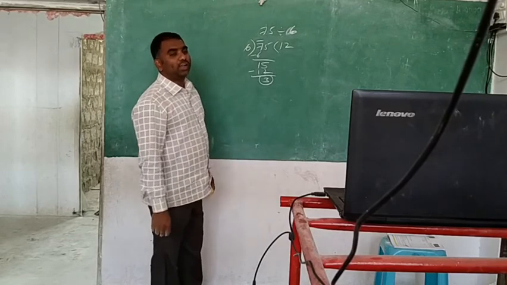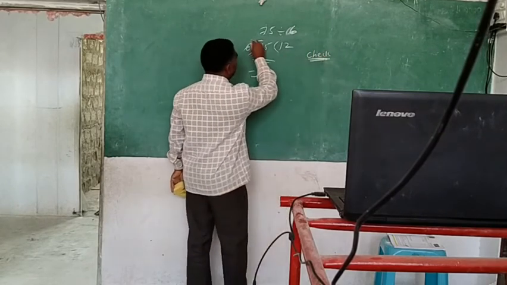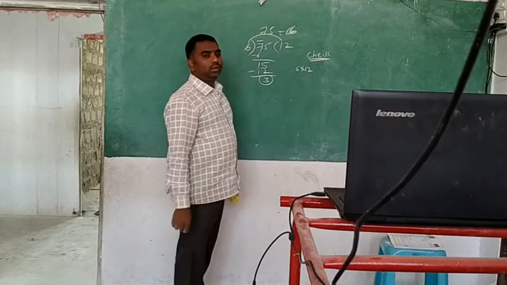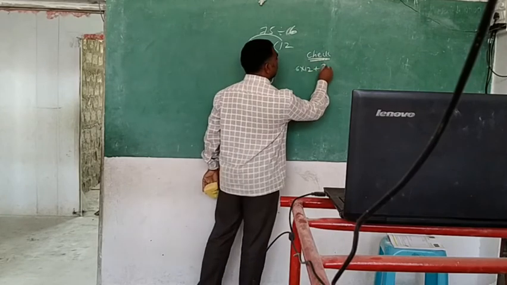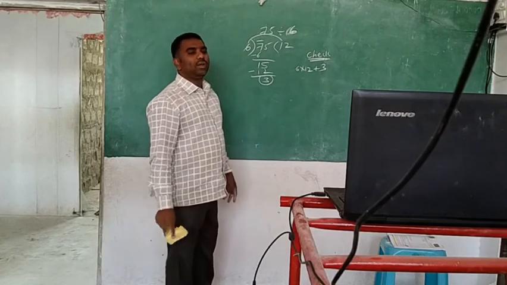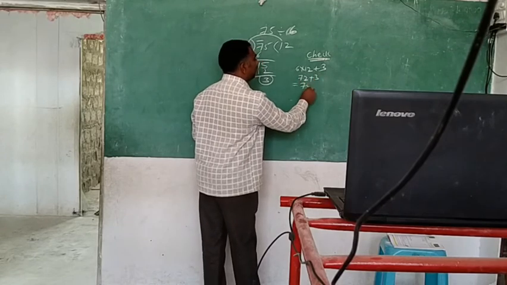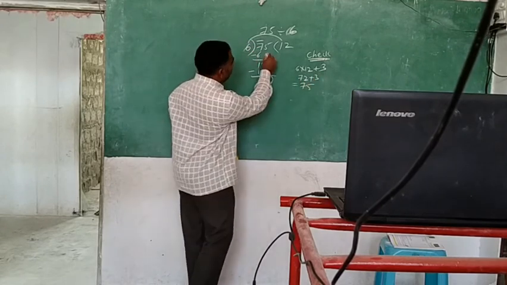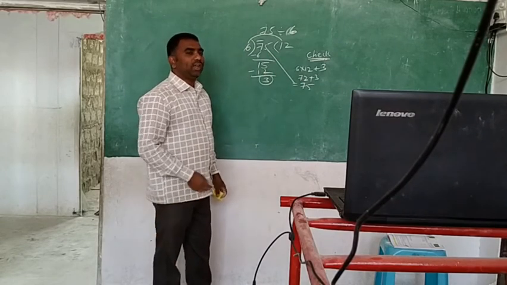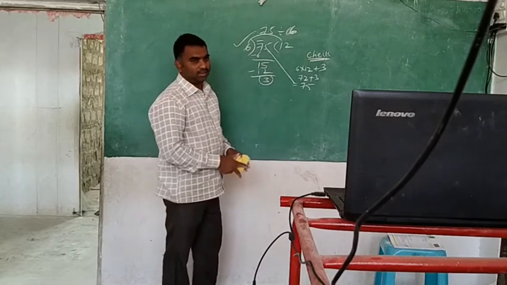I said to you, how do you check whether this is correct or not? You should multiply these both. 6 into 12, and you should add the remainder. 6 twelves are 72. And this 3 we added. Means what are you getting? 75. See, 75, same thing, no? Means that's why our division is correct. Otherwise the division is wrong.